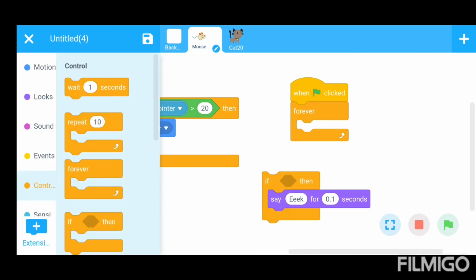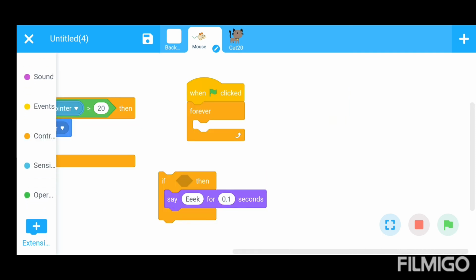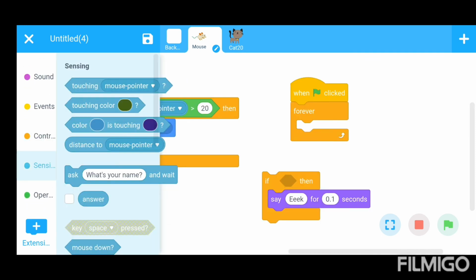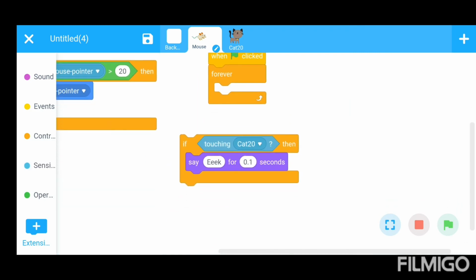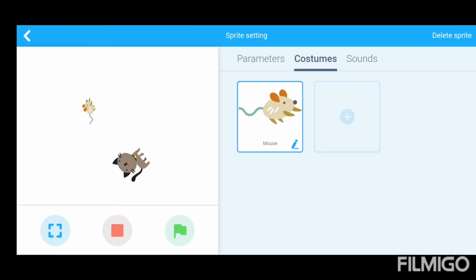If mouse touching the cat, for this go to the sensor section. Use the first command, touching mouse pointer. Replace mouse pointer with cat. If the cat is touching the mouse, then the eek sound should be there. Okay, look at here, there is no eek. When the cat touches the mouse, there is an eek. Okay.